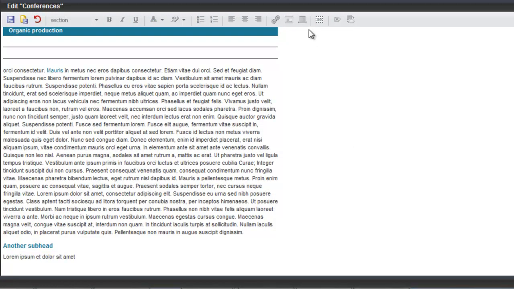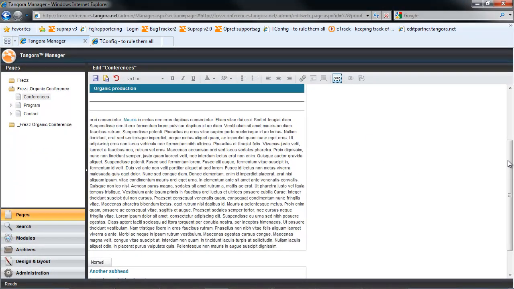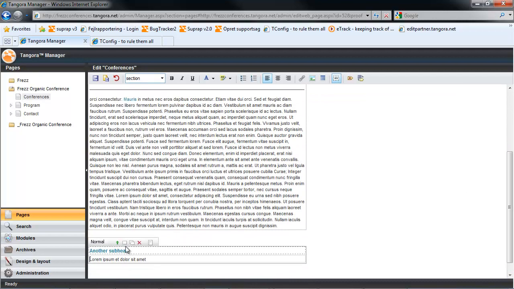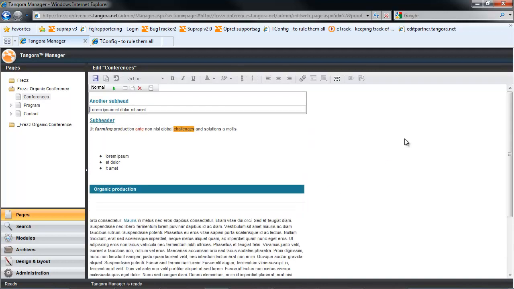The dotted lines that mark the section are, in most solutions, hidden by default, but I could also get an overview of how many sections are in use by hitting the little button up here called Show Text Borders. And finally, I want to mention that you can change the order of your sections by using the arrows that appear when you have 2 or more consecutive sections.